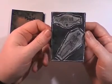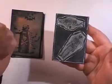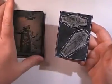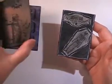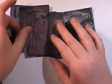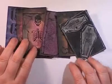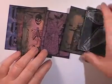But I decided to leave it in and show you because sometimes things don't go to plan and they don't work out. So this one I'll keep for myself, and the other 5 are for a swap, or I only need 3. I've got to decide which ones I want to part with and which spooky ones I want to keep. So I will now go into the making of the backgrounds,